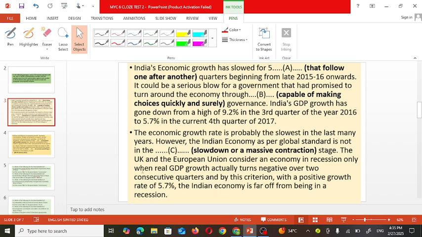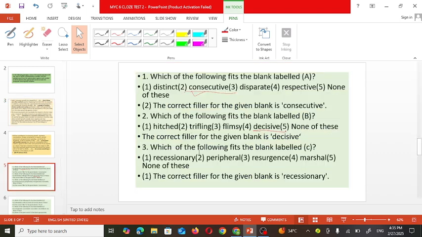Means you are able to understand this paragraph is about the economic condition of our country. The economic growth rate is probably the lowest in the last many years. However, the Indian economy, as per the global standard, is not in the dash. And the expected answer means the word should be related to this. So, in the dash stage, what kind of stage is it? Slow down or a massive contraction. So, when we are thinking about the economic condition, when there will be slowdown or massive contraction, and the options are given to you: recessionary,